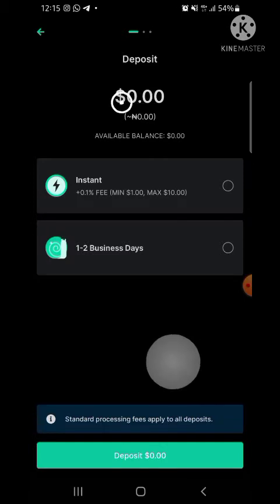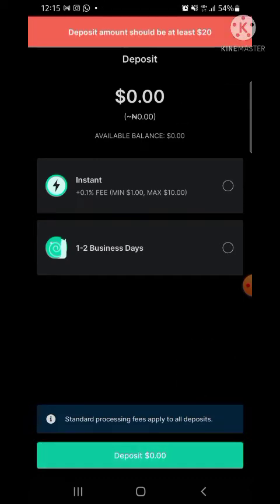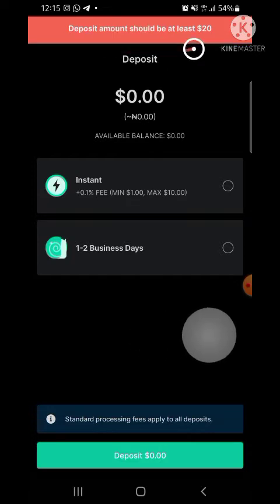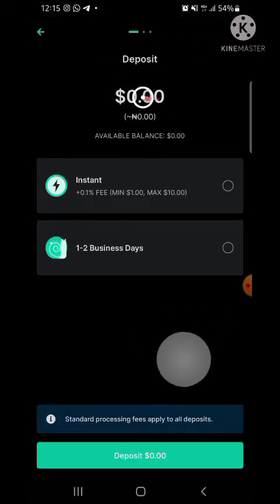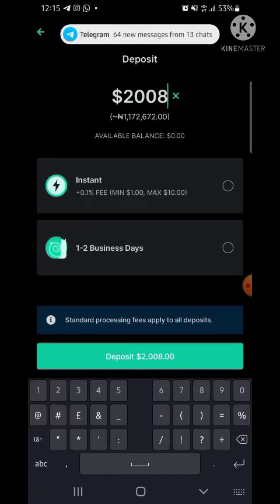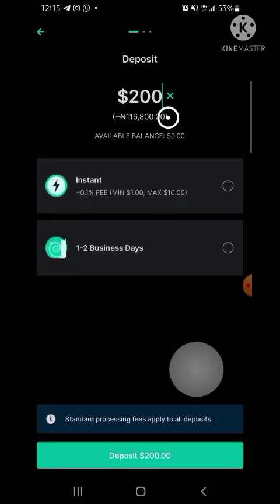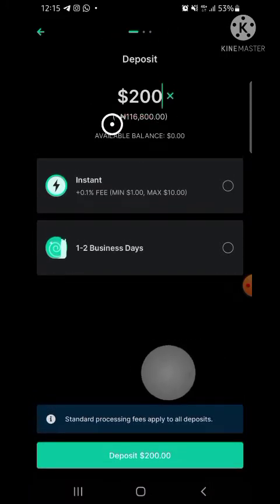So I click on this 0.00. If you don't click on this 0.00, it is not going to go, because see, it's saying deposit amount should be at least $20. You can see it here. So you have to click on this 0.00 to input the amount you want to deposit. So let's say you want to deposit $200, so I type it out, 200. So I want to deposit 200. So with the exchange rate, $200 is the equivalent of